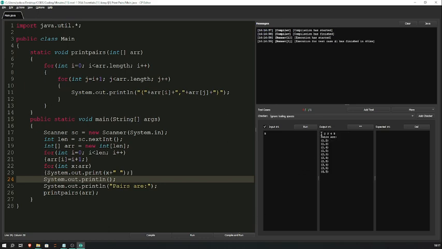Okay, so our array was 1 2 3 4 5. Then pairs are: one pair with 1 2, 1 3, 1 4, 1 5. Then 2 3, 2 4, 2 5, 3 4, 3 5, 4 5. That's it. And if we take a length of array 6,